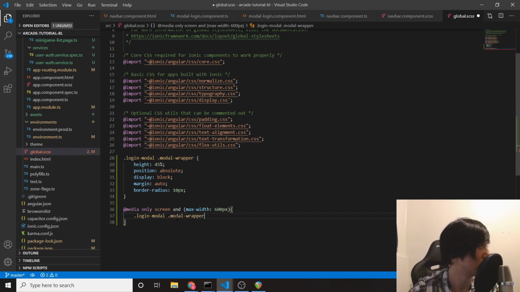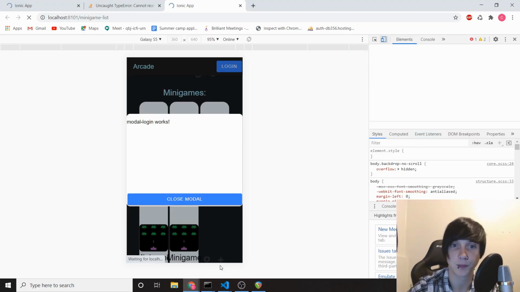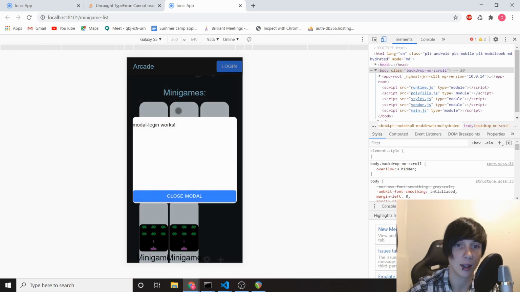modal wrapper, and then we'll set its height to be 90%. Or sorry, we're going to set its width to be 90% and its height to be, I found 42% was pretty good. And then we'll refresh and we'll notice that it's looking a little bit better now. The width isn't so big, the height isn't too big, and if we actually close out of our mobile mode,